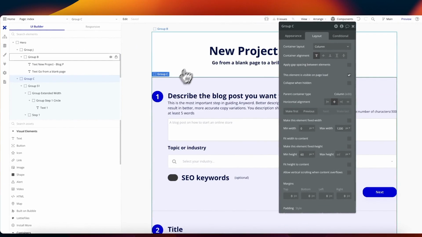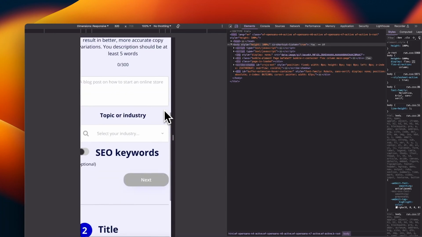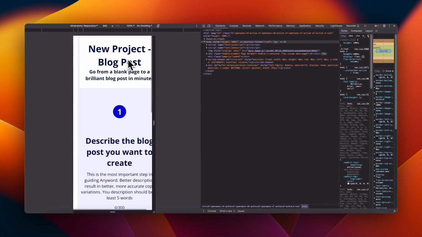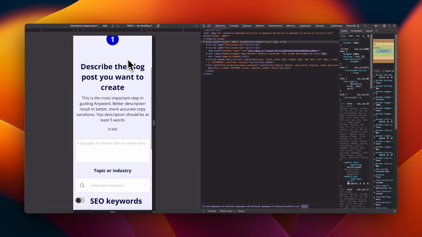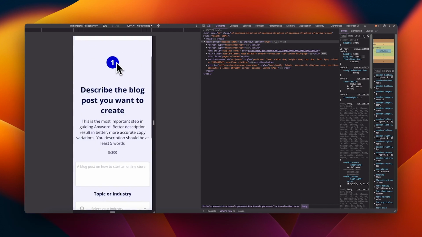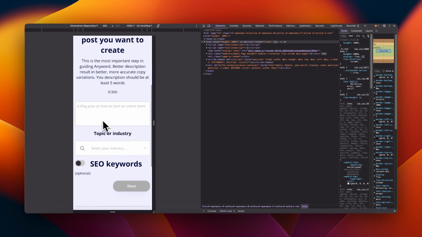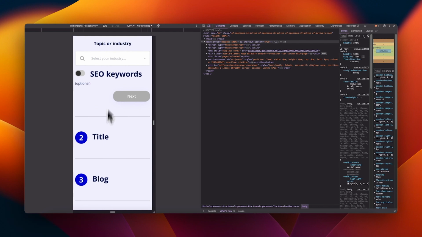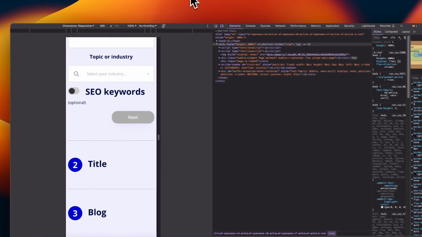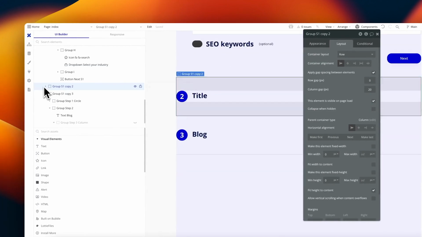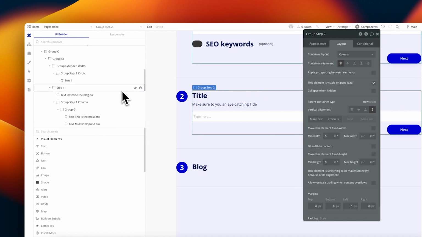And we really should be able to edit this. So let me refresh the page here. And that looks like it's all nicely fitting in our 320 pixels. So if we scroll down, we now have a much more mobile friendly view of what this blog page is going to look like. So I'm going to edit the title page quickly just to make sure that that looks the same. So what I'll do is come to the title page, show the group step 2 column, and hide group step 1,